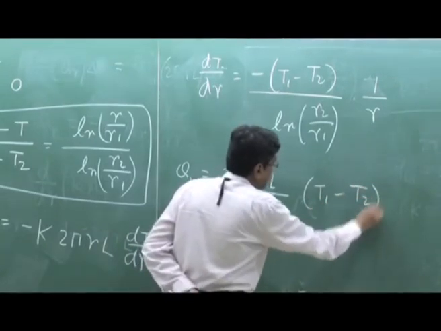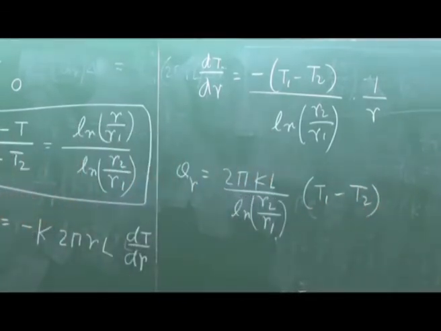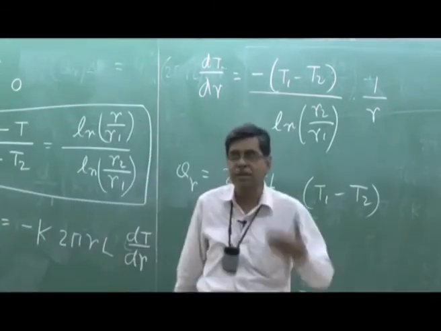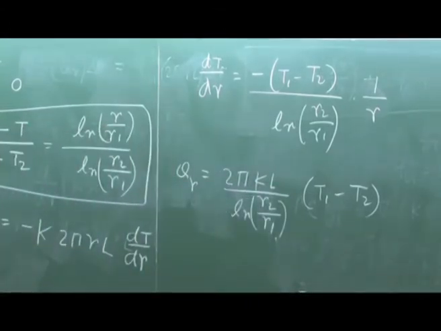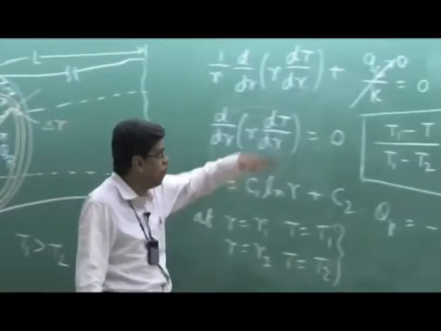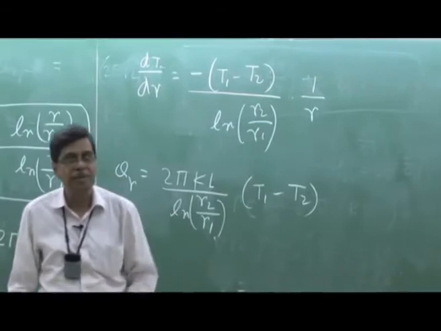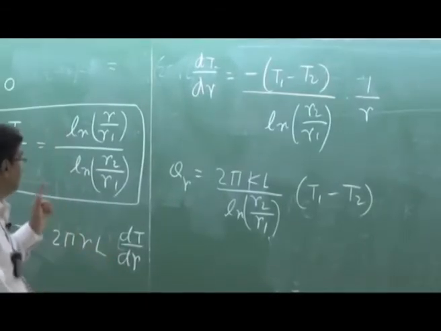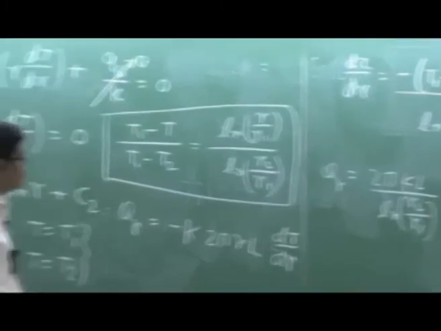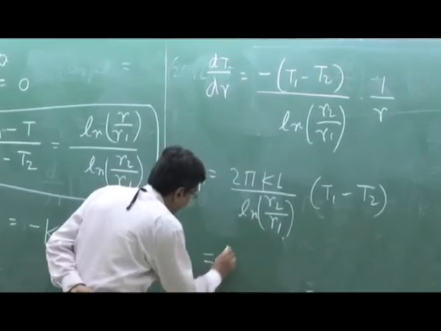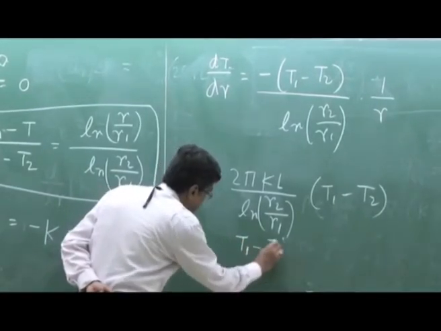So it is found that with this temperature distribution, heat flow at any radial location r is independent of r. Obviously, because I found this temperature distribution from the steady state concept. Without heat generation, Q_(r+Δr) has to be equal to Q_r. We have made q_g 0. So it has to be like this, which proves that it is okay. This heat flow can be expressed in a similar way with T1 minus T2 in the numerator,